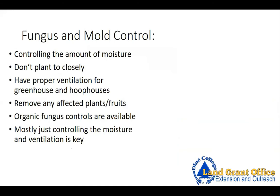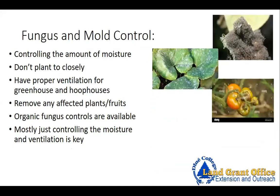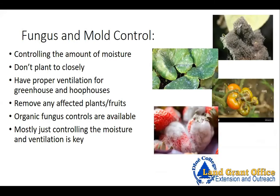And then there's also the fungus and mold control, like I was saying, and ways to control those are by controlling the amount of moisture in your area. If you let it sit too long without proper ventilation, then all types of plants and insects and animals actually have a particular type of fungus and mold that is set to their species, so it's not going to be where, but when. So don't plant too closely, because if you have closely knit plants, that's where moisture starts to accumulate in that small compacted area, and with that moisture and heat, it's just going to cause an unwanted amount of mold or fungus formations that can actually kill your plant,